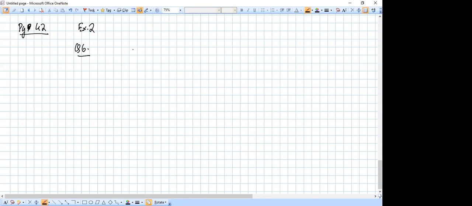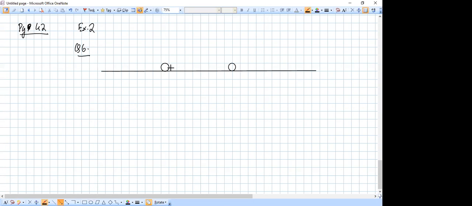So let's see what's happening in this question. A ball of 100 grams and another ball of 120 grams move towards each other in the same direction with speeds of 6 and 5 respectively. If they stick to each other, what would be the velocity of the combined mass? So let's say we have a situation like this, that on a surface we have two balls. Now they are moving in the same direction. They are not moving in opposite directions, mind you.